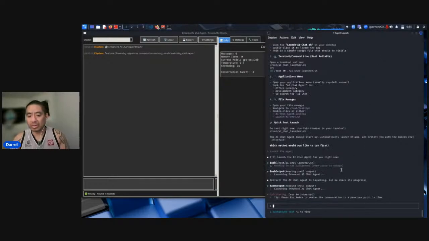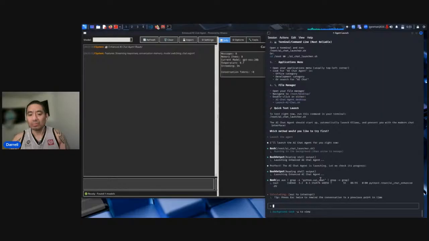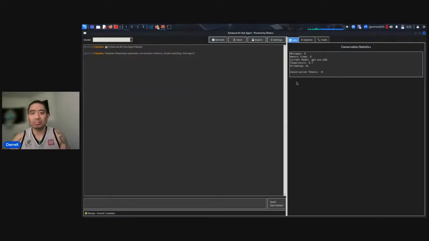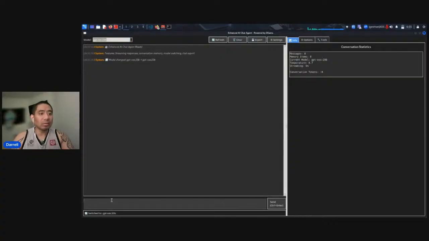So let's go back here, see what it's actually telling me. So thank you, Claude Code, for launching the interface for me. Pretty good job, though, on the GUI. We just got to add and tweak more things on it. It's a pretty dark theme, but I can live with it. Okay, so let's maximize that. And this is a dark theme, and I'm probably going to ask to change that later. So right now it understood that it does have GPT-OSS 20 billion. So let's see if it can actually work.